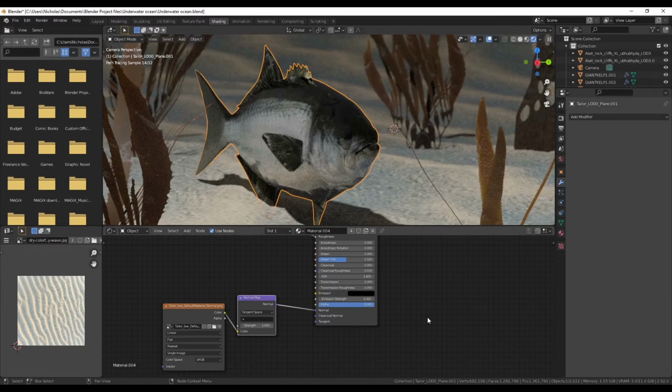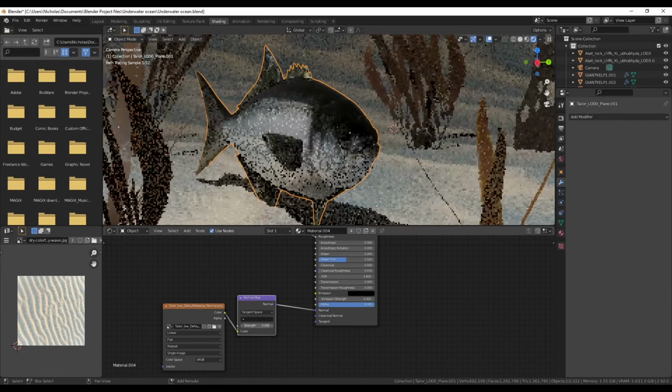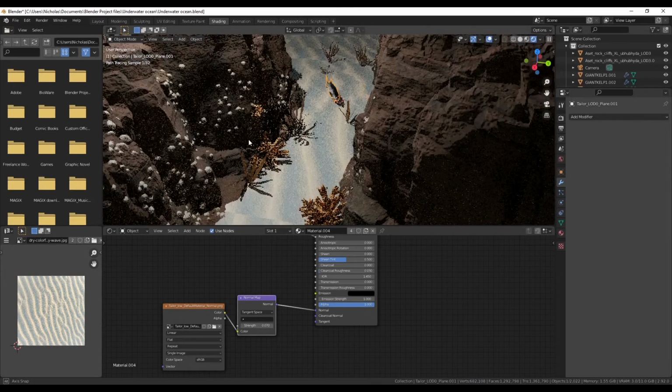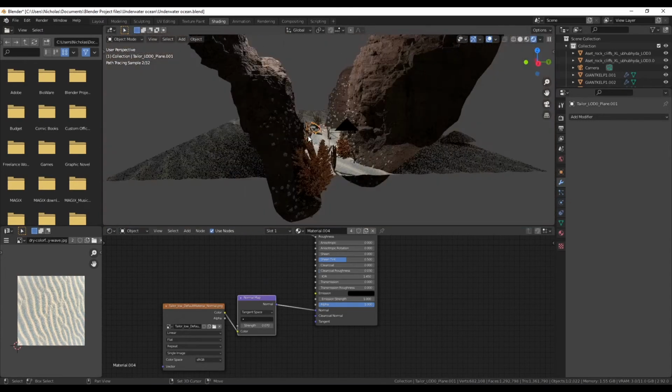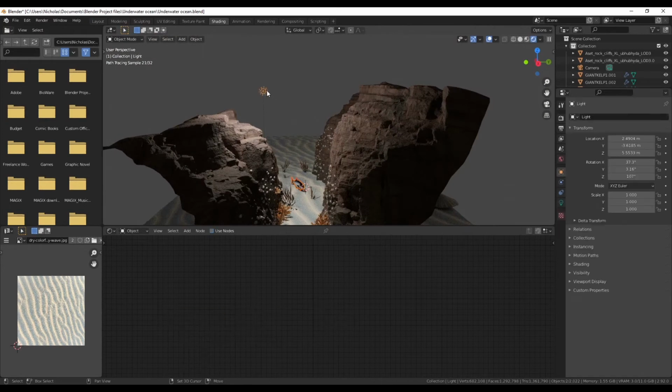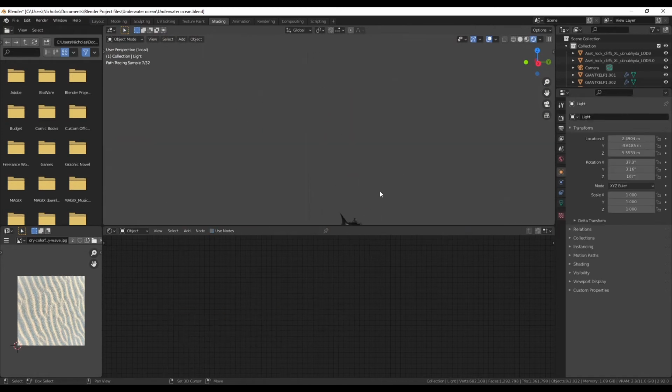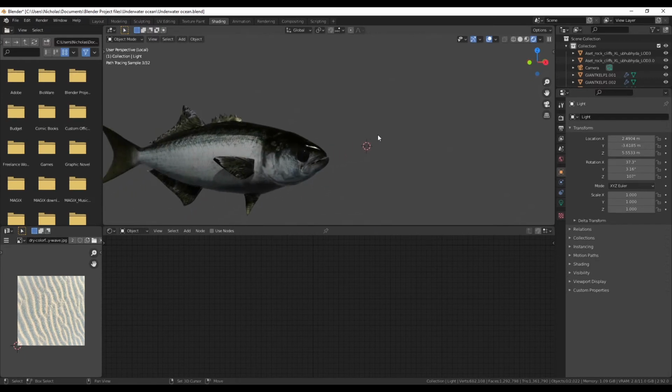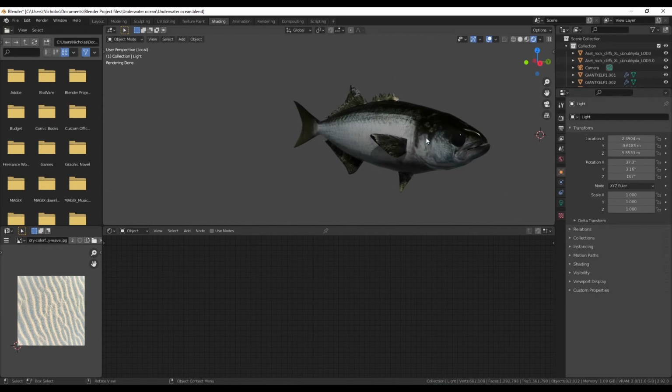and then we've got some bumpiness, which looks horrible. So let's just bring that down a tad. I don't even know if that makes a difference, guys. Let's do this. Let's go that. We got an ocean fish. It looks like a salmon. I hope it's not a salmon, because